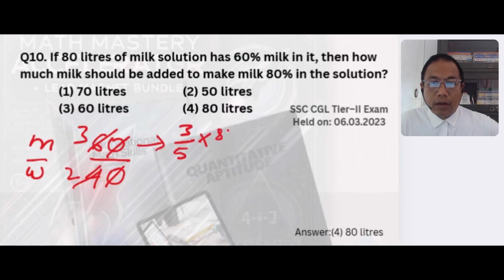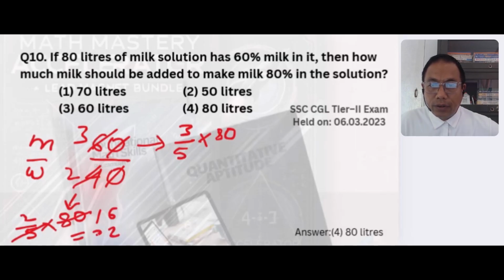800. I mean 80. Water is 2 part out of 3 plus 2, 5, out of 80 liters. 5, how much is 8? 5 1 is 5. 35 is 30. 16 to 2. 6 to 12. 2 1 hand. 2 1 is 2. 3. What? Water is 32